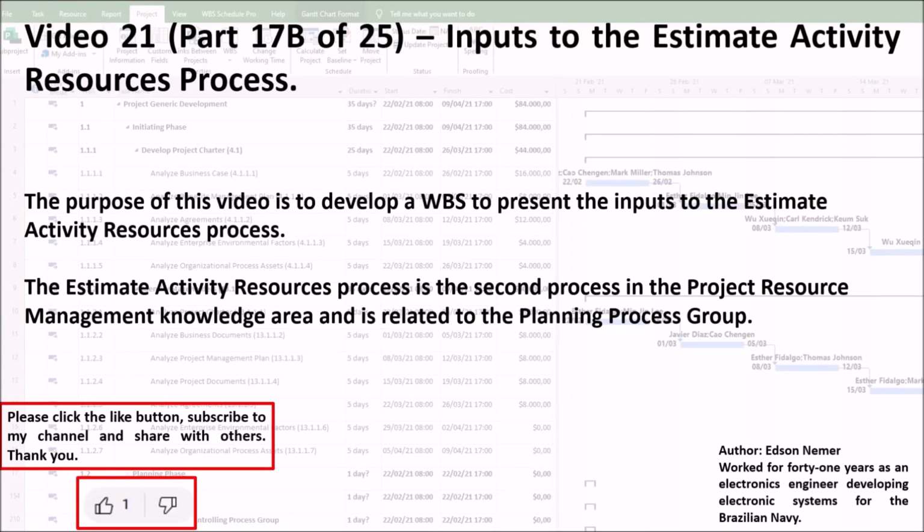Video 21, Part 17b of 25, Inputs to the Estimate Activity Resources Process. The purpose of this video is to develop a WBS to present the inputs to the Estimate Activity Resources Process. The Estimate Activity Resources Process is the second process in the Project Resource Management knowledge area and is related to